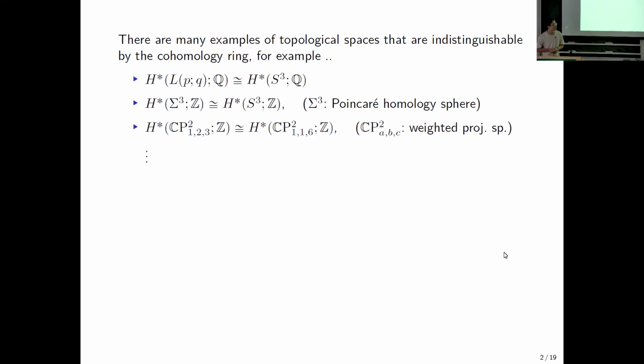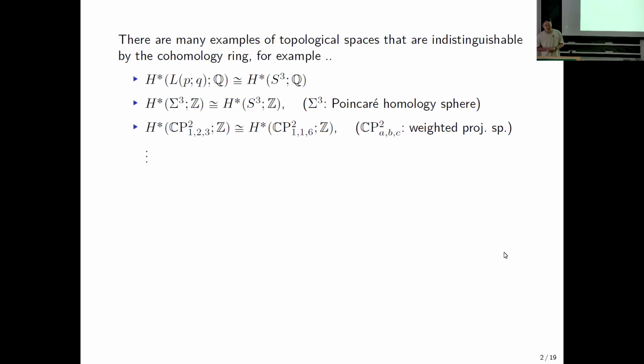What I can think of is weighted projective space. For instance, if you think about the weighted projective spaces with weights 1, 2, 3 and 1, 1, 6, they have isomorphic cohomology rings over the integers, but they are not homeomorphic. So all I want to say for this part is that wherever you're working, I don't think it is difficult to find such an example. Okay, but